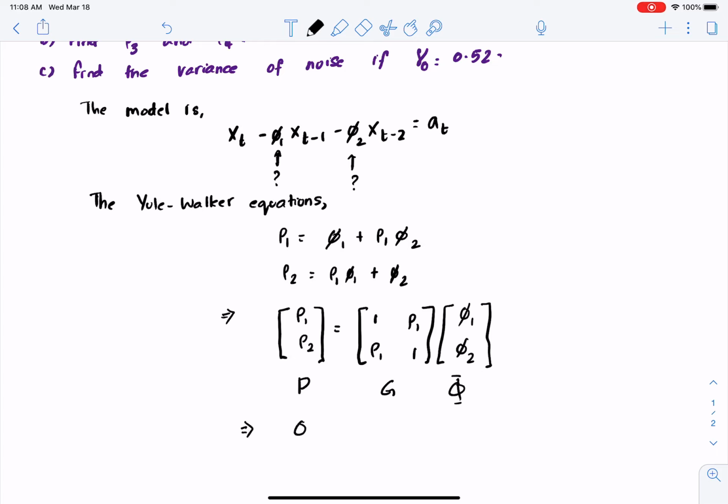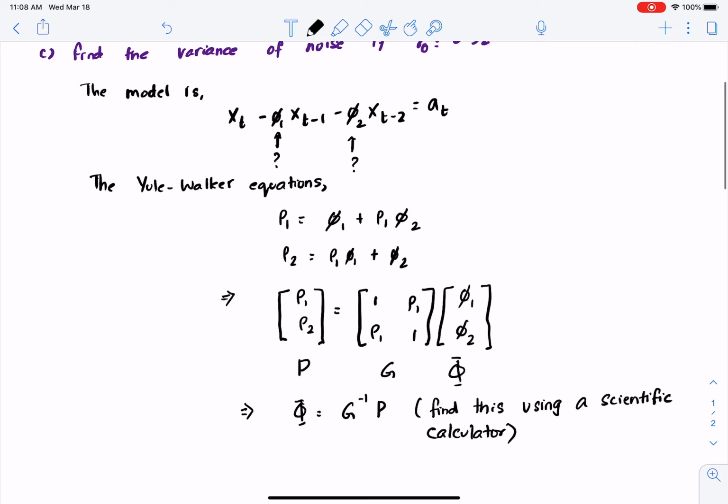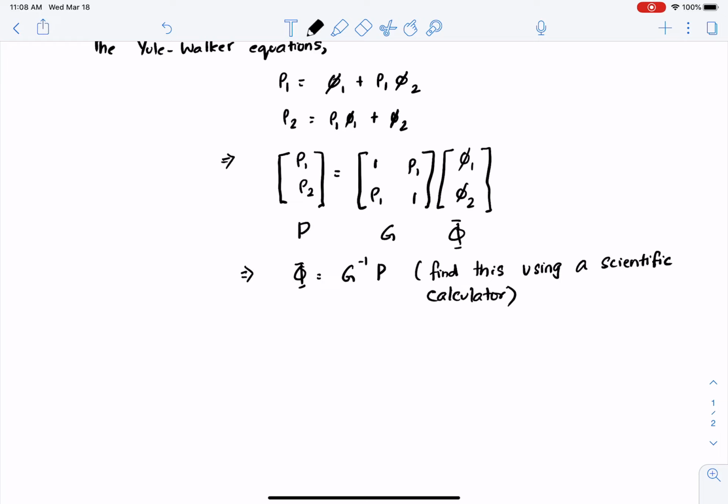This would imply phi is equal to G inverse P. And you can find this using a scientific calculator, such as TI-84. You have to use the matrix functions in the calculator. If we plug in the matrices G and P and find the inverse of the matrix and multiply it by P, we will find